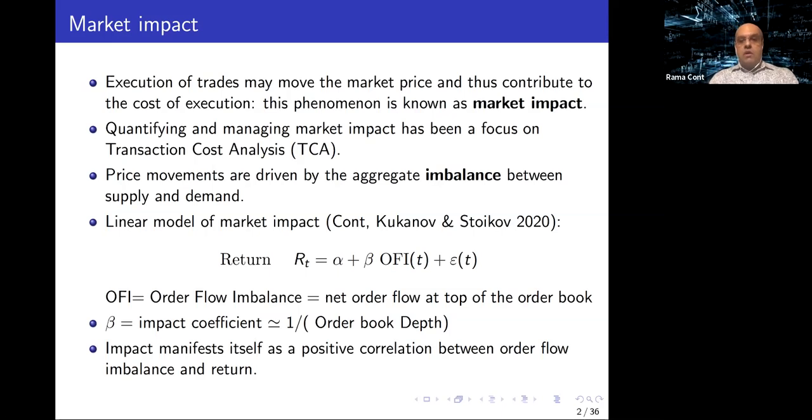When you do a regression, it's just a covariance calculation, basically. So it means that if you have impact, you will see a positive correlation between the return and the direction and the size of the order flow imbalance. And that's what we see in all the examples of markets where this kind of empirical study has been done. Okay. Now,